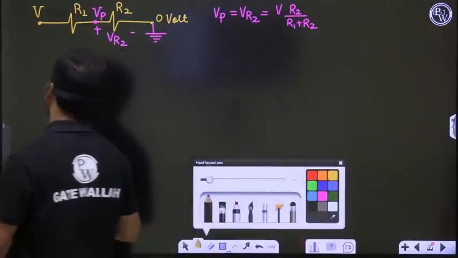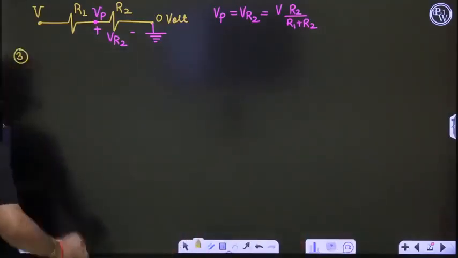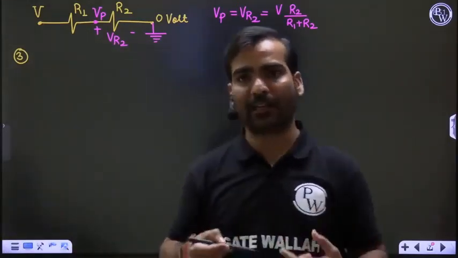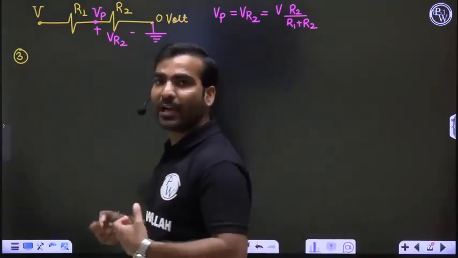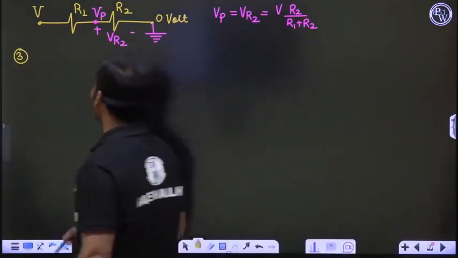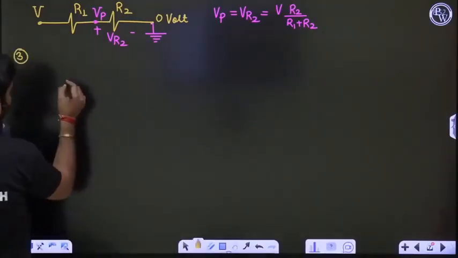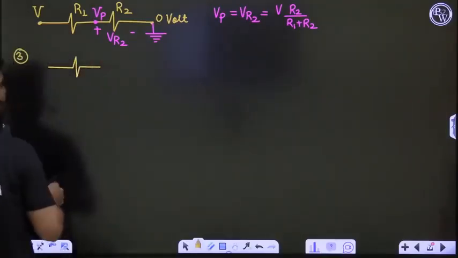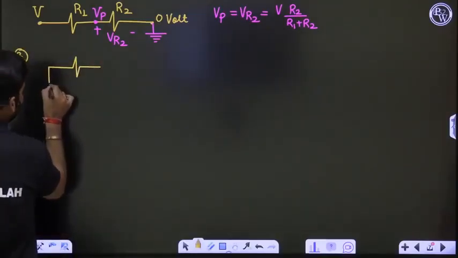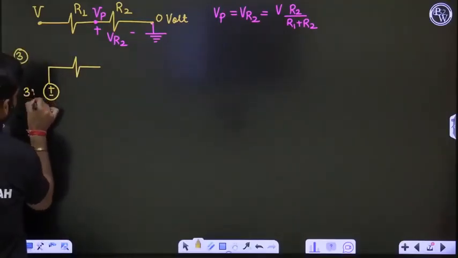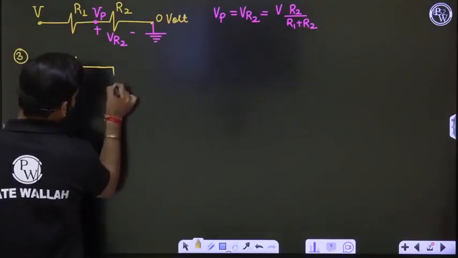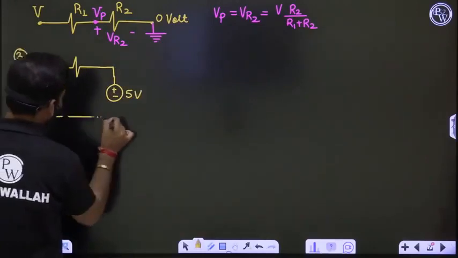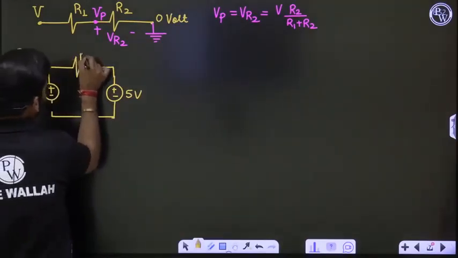Next, third, is superposition, so that I can tell you that question, and that concept will be used again and again in network analysis, or specifically in today's class I will be using that concept. Now the question is superposition. What does superposition say? Suppose for example this is your resistor. Suppose here the voltage is some 3 volt, and here some voltage is suppose 5 volt. Very simple. And this is your resistor R.